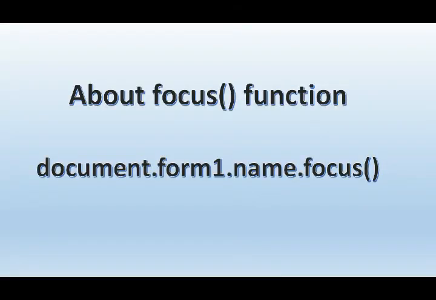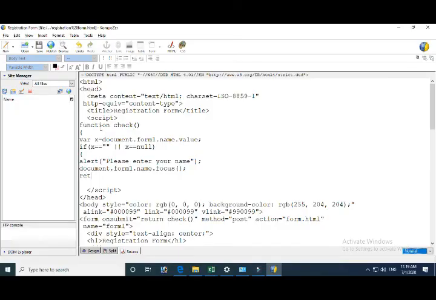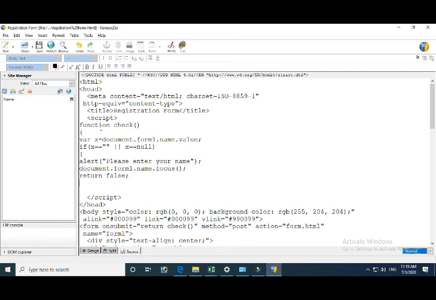This focus is also an inbuilt function, using which after getting this message, when the user clicks on the OK button, the mouse pointer or cursor will come to the name field itself, so that the user can come to know that some action has to be performed here. Then return false, that is the return method, and close this curly bracket.